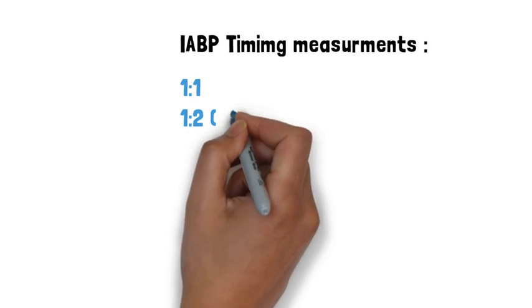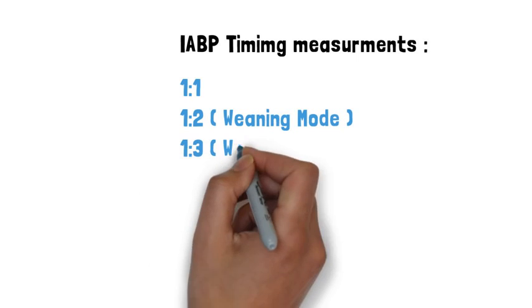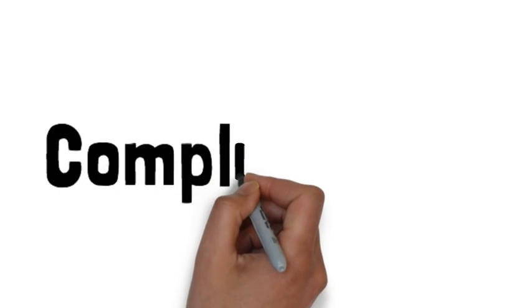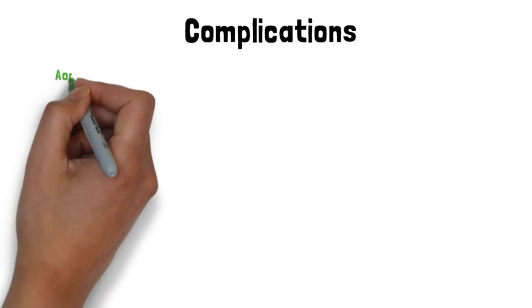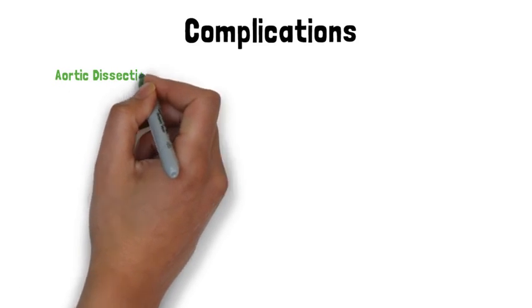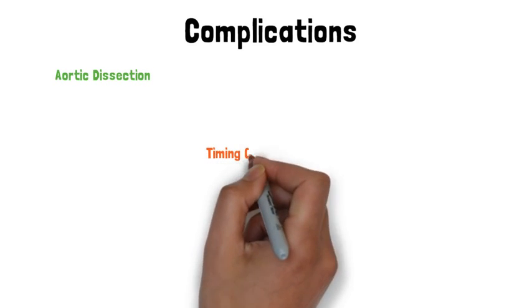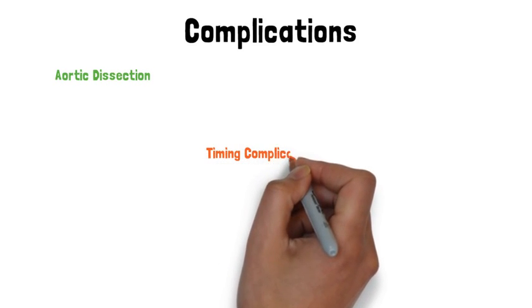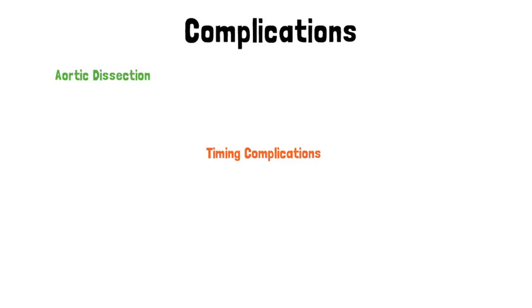Counterpulsation timing is usually measured by a 1:1, 1:2, or 1:3 ratio. For patient management, there's a few things that you want to keep your eye out on. Some of the complications that can arise from counterpulsation are aortic dissection. You can have augmentation issues where there's timing. Some of the timing complications could be early inflation, late inflation of the balloon, early deflation, or late